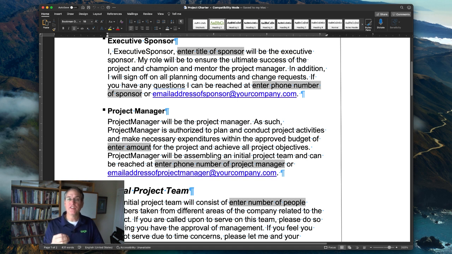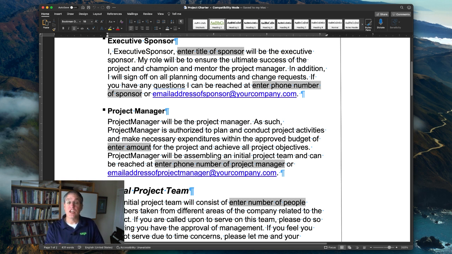So all of the language here is important, because if it gives you pause as to who the person is and why, you might want to take a step back and rethink who we should give this project to. So we're going to give this person the authority to plan and make some necessary expenditures. And we'll see why this sentence is important, because it's tied to something a little bit later.